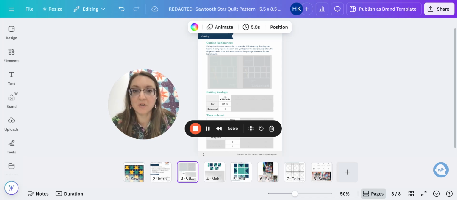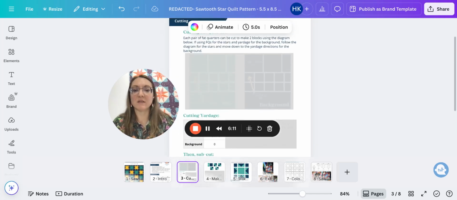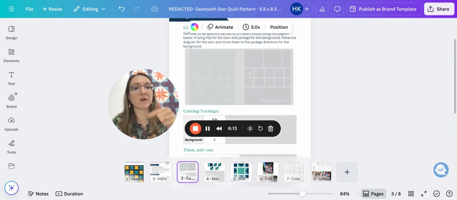The sawtooth star pattern is written so that you can use yardage or you can use fat quarters, which are a form of pre-cut. And how you approach your cutting will be different depending on whether or not you're using fat quarters or yardage. So here at the top of the page, you can see I've kind of grayed out the details here. As a reminder, this is a free pattern. Hit that link down in the caption of this video and you can download this pattern for free with all